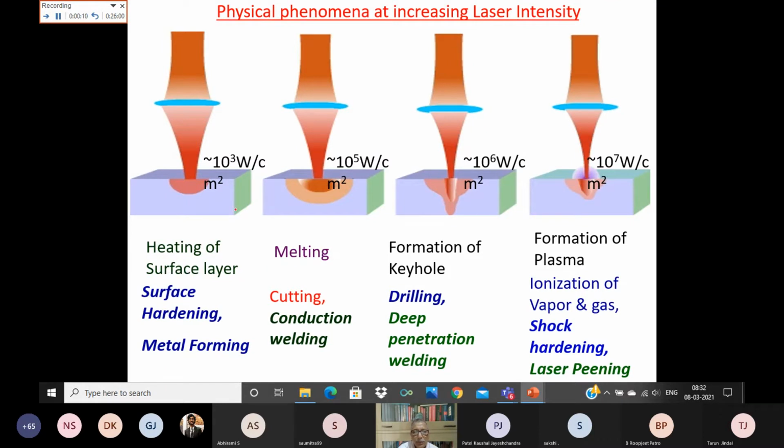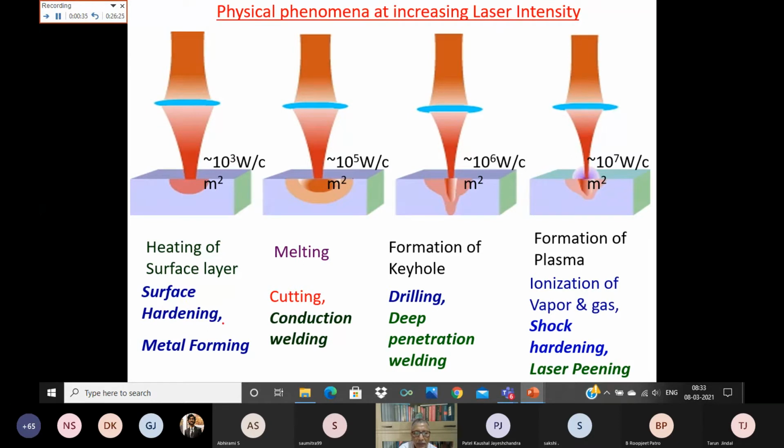So if you have got laser power densities in the range of around 10 to the power 3 watt per centimeter square, that is kilowatt per centimeter square, at this power density you will not be able to melt the material. It is just going to heat the material, and by this heating process, the material processing modalities like